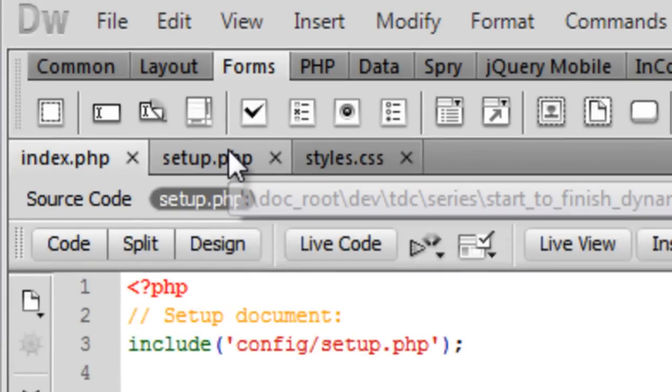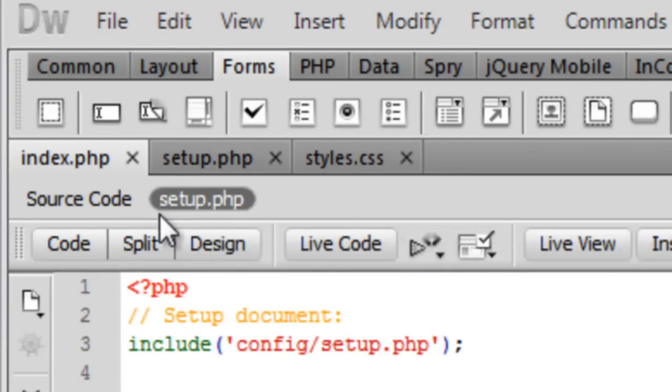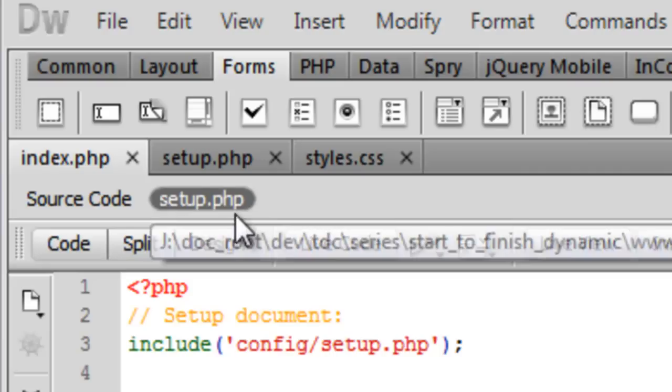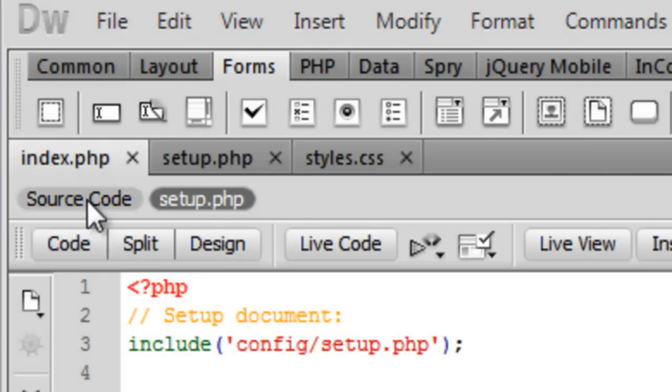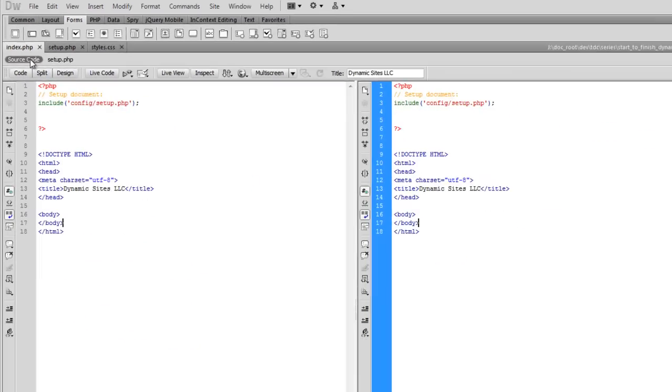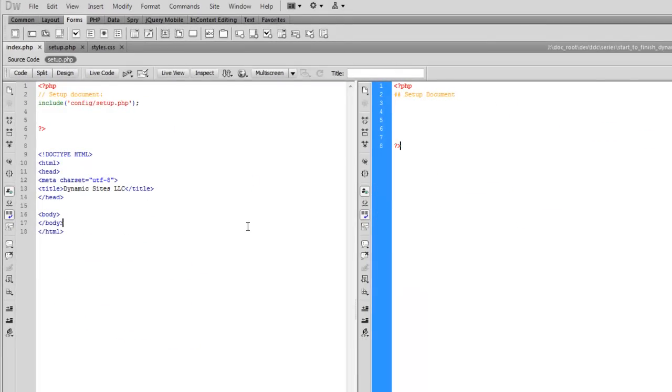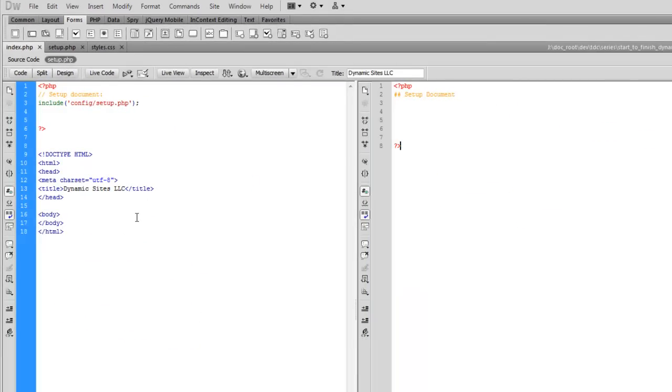It's important to note, not the setup.php tab up here, but this little one right here with the shade around it that shows that it's included. You can always go back to the source code or setup. So